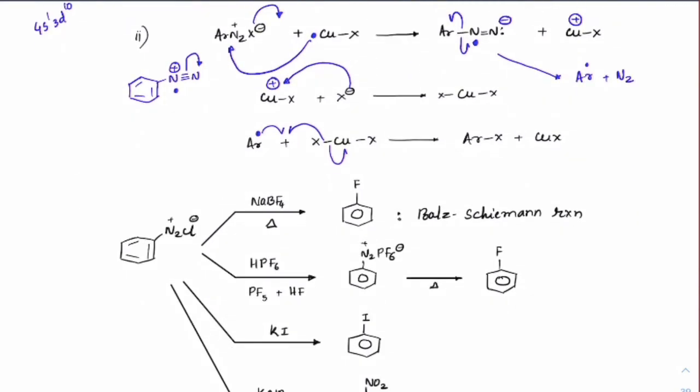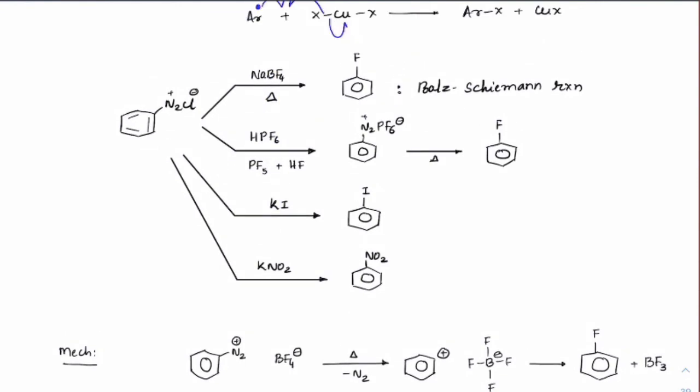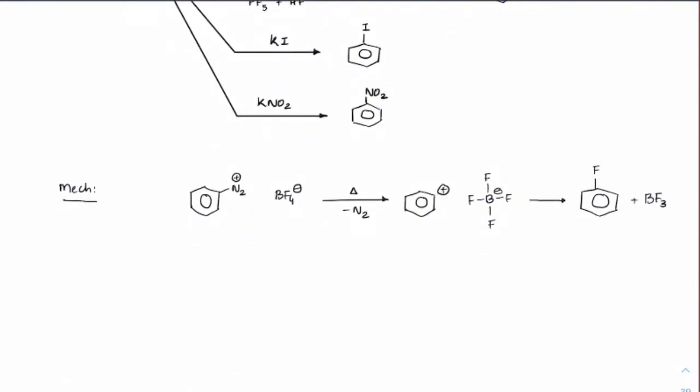Right, check this out. These reactions are further continued if you take NaBF4. These are all heat reactions. These two are heat reactions. These two don't even require heat. Got it? So basically NaBF4 or this, if you react, definitely we will have a carbocation formation as we are heating it, and on that carbocation F minus will attack. Okay, see the mechanism here. So first, while heating, N2 is lost, phenyl carbocation is formed, right? F minus will attack here, and we will get fluorobenzene here with BF3.